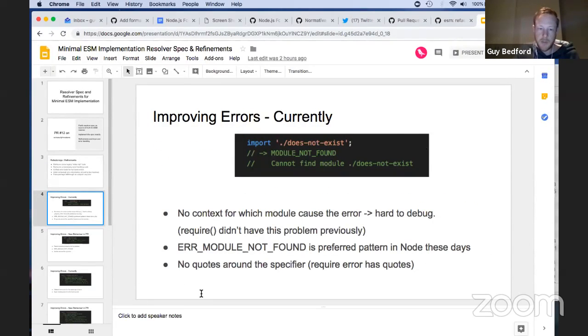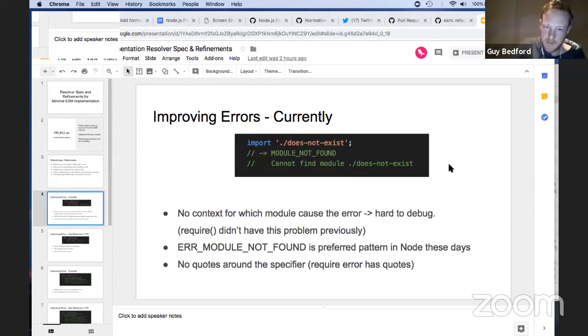So here's an example of the type of thing. If, for example, you import a local module that doesn't exist right now in the minimal implementation, you'll get a module not found error, and it'll say cannot find module / does not exist.